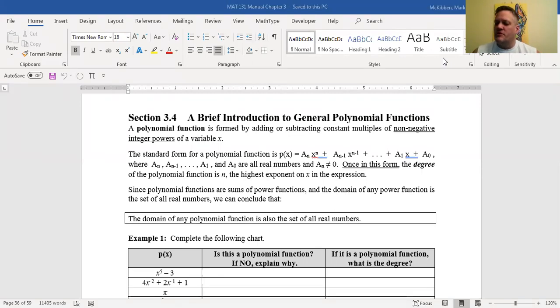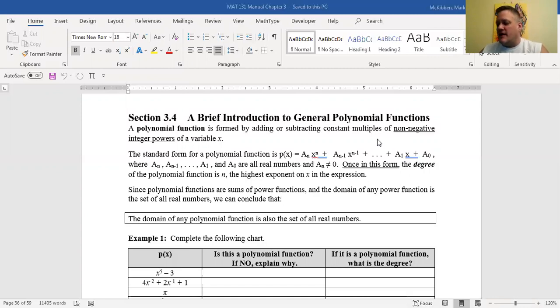All right, and so we're not going to linger forever on the topic because you actually do this more sophisticatedly in Calc 1. But I do want you to be familiar with what to expect with polynomials in general, just some general rules. All right, so a polynomial function is obtained by adding or subtracting constant multiples of non-negative integer powers